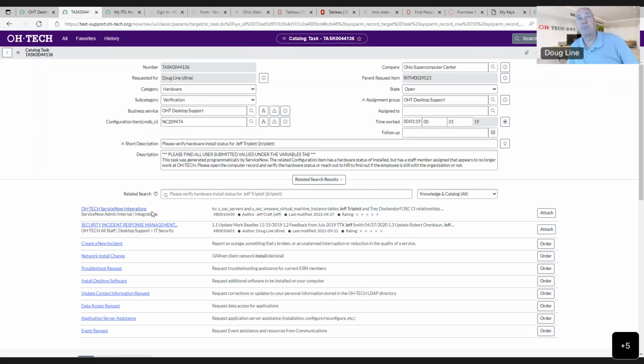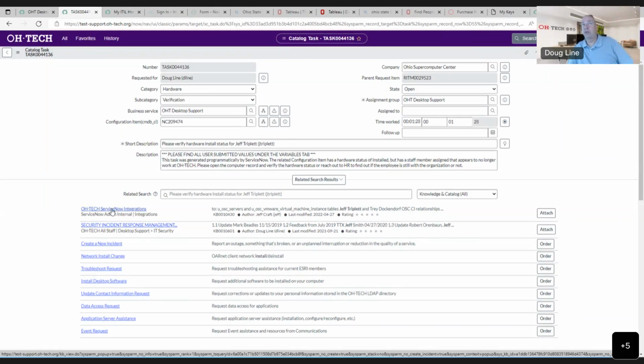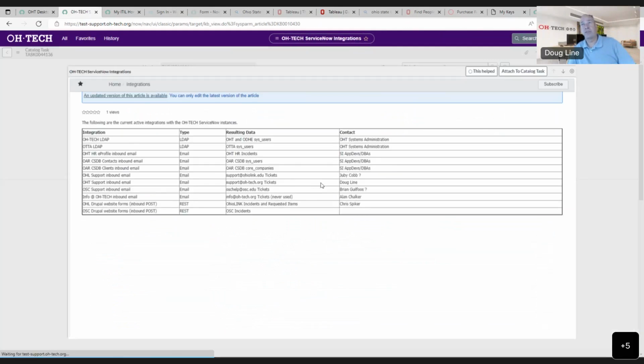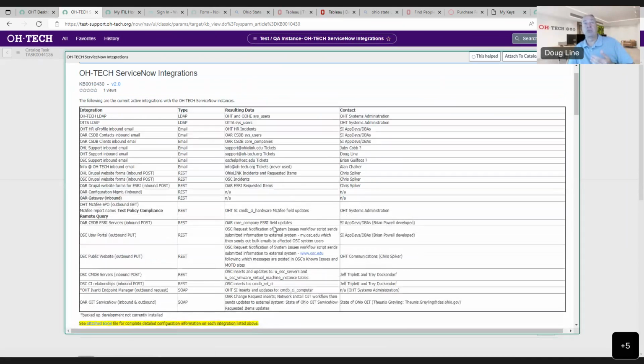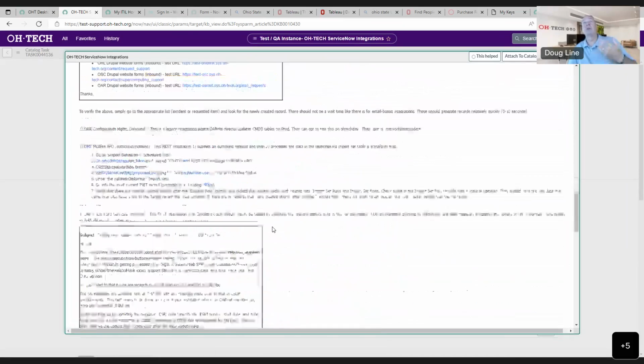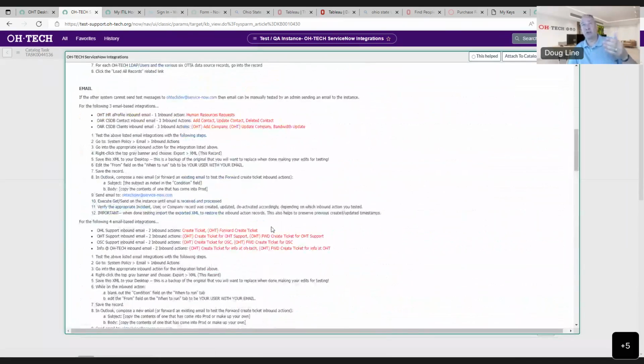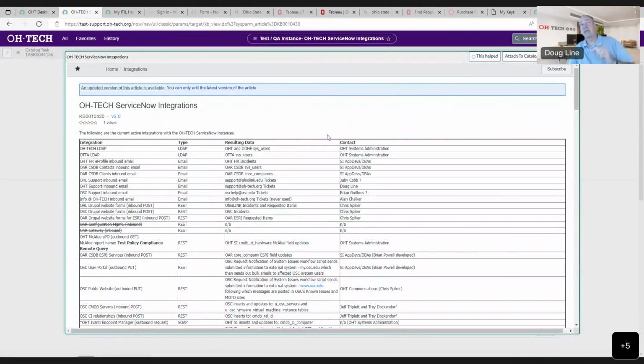So these first two are knowledge articles, and what you can do if you click on this, I haven't left the record. This is just basically pulling up that knowledge base article. Okay. And if I find, hey, yes, this article is really going to assist Jeff or myself